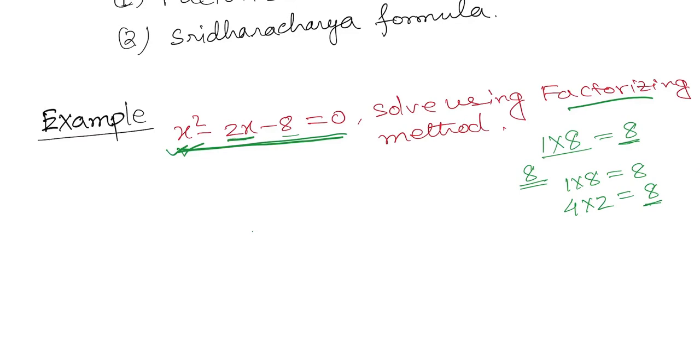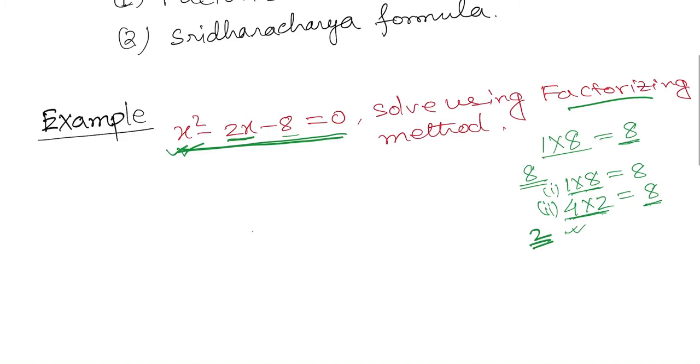After that you construct the middle term, which is 2. How to construct 2? First you go to combination 1 cross 8. When you take this combination and add 1 with 8 or subtract 1 from 8, you don't get 2. So now you go to combination 2. Here we see that when you subtract 2 from 4, you get 2. So we go with combination 2.